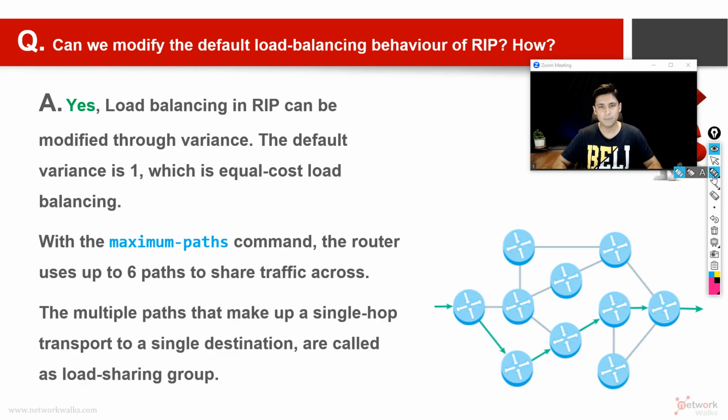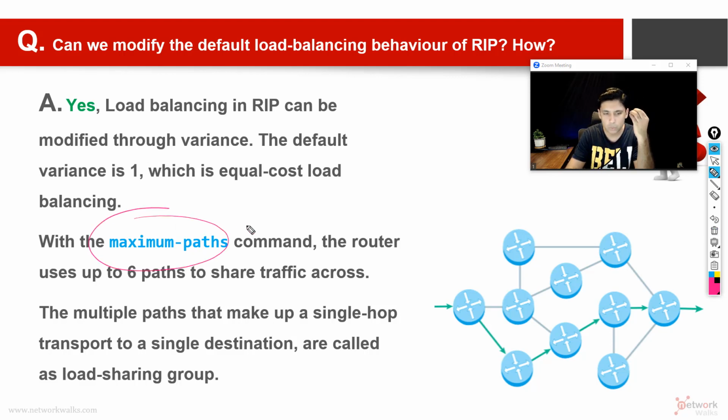So the answer is yes, load balancing in RIP can be modified through the variance function. It can be modified through variance. The default variance is 1 and we can keep modifying it to modify the behavior. And with the maximum paths command, the router can use up to 6 paths to share the traffic across, and the multiple paths that make up a single hop transport to a single destination are called a load sharing